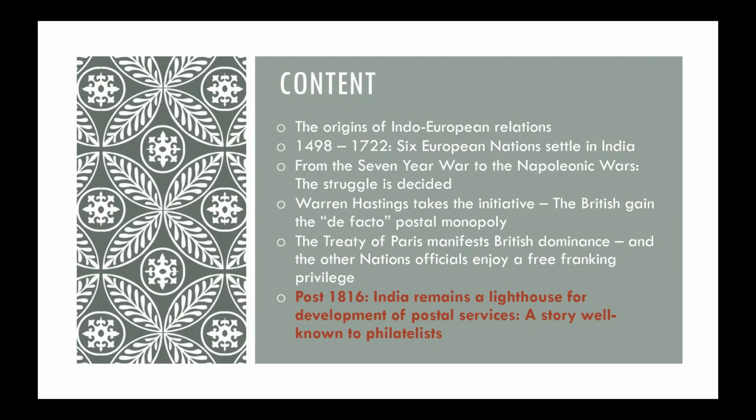So pretty much with 1816, these things were settled. Britain was the dominant power on the Indian subcontinent. Britain had built up infrastructure. One key part of that infrastructure was at that time already a very extensive mail service network, with lots of post offices and a rather diversified postal service domestically and internationally. And by 1816, we pretty much move into the better known part of the Indian philatelic history. Just to give that outlook,